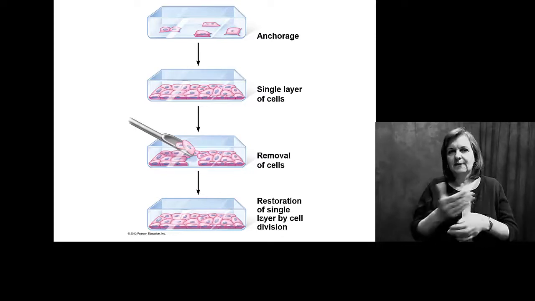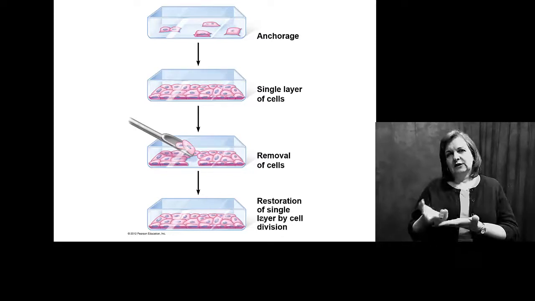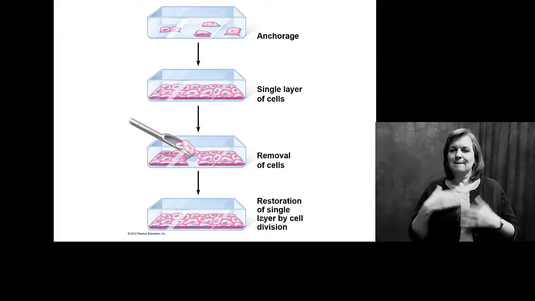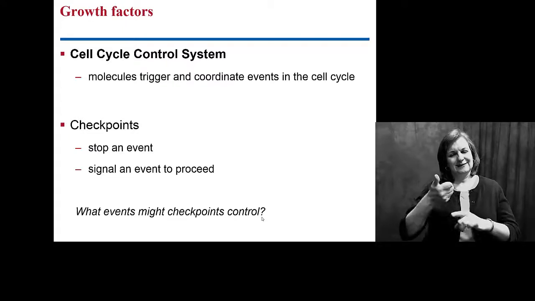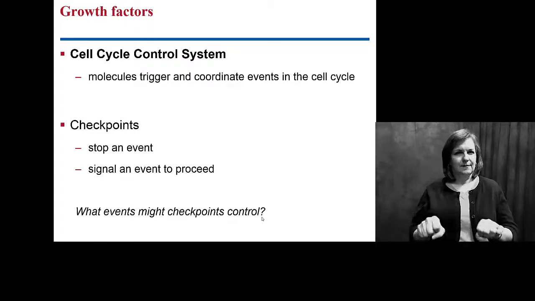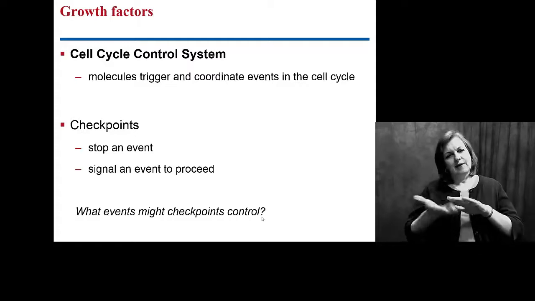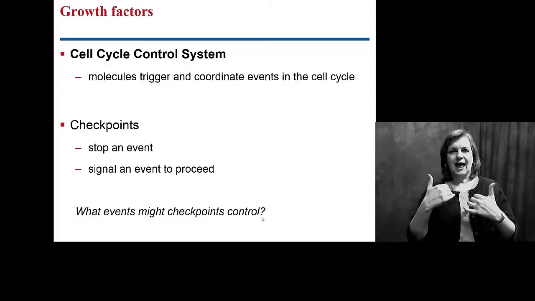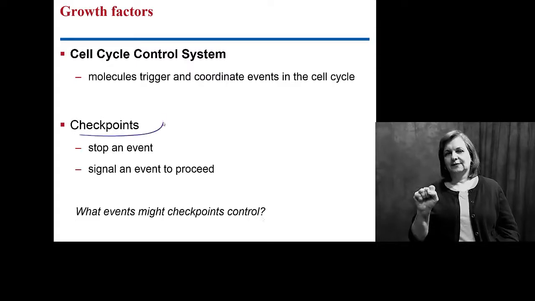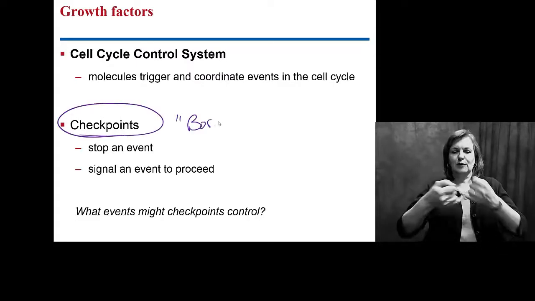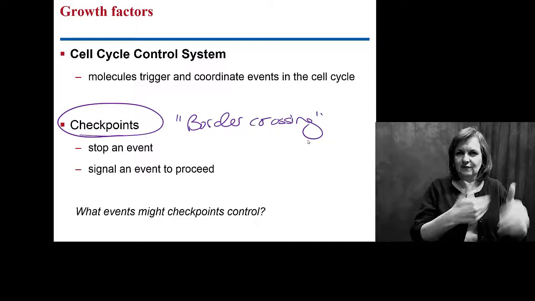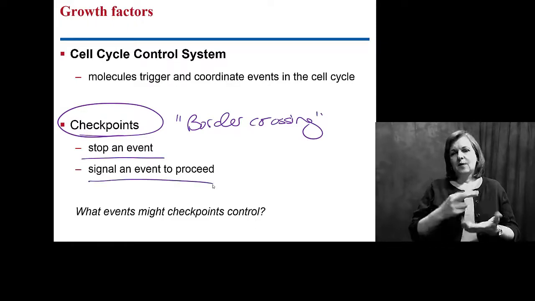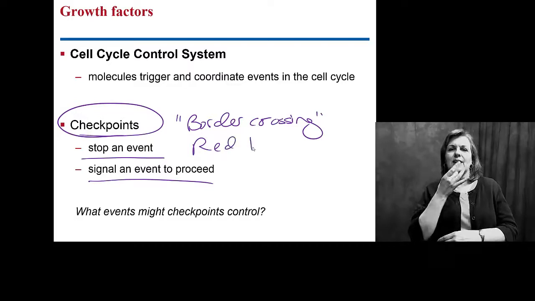So there is a lot of evidence in biology to show that these factors are very, very important for maintaining happy, healthy cells. But we also have to look at the fact that the cell cycle needs to be under some sort of check and balance system. We can't just have the cell cycle go and go and go with no control. So we actually look at having checkpoints, and some people look at this like border crossing. Okay. Are you allowed to move to the next phase? This will actually cause an event to stop or allow it to go. So I like to think about it more like red light, green light.